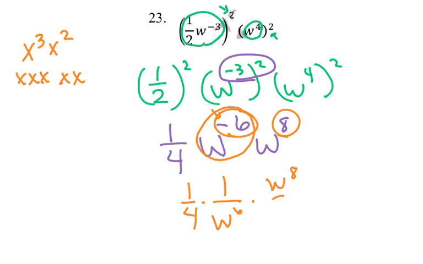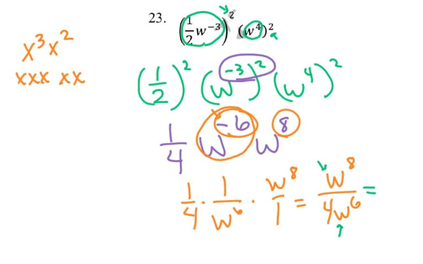So that's, of course, over a 1. And so I'd have w to the 8th over 4w to the 6th. That's still not simplified, because if I have w's on top and w's on the bottom, I can cancel those common factors. What I'm going to have left over